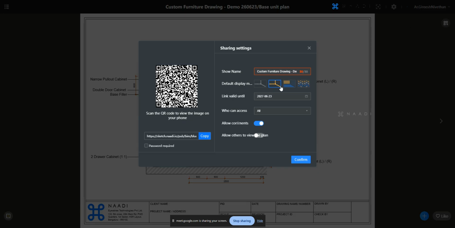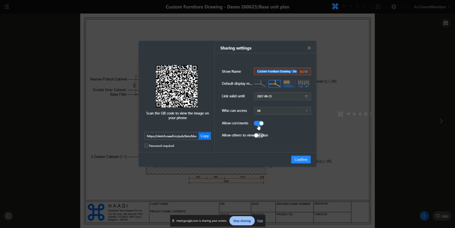And here you can define things. If you want, you can make it color wireframe mode, or black and white, or realistic mode. Everything you can change here itself. Anyway, this is a digital sharing. You can double click it and retype the name you want. This is the name that will be shared in that link as well. You can define the time the link is valid, the date till which the link will be valid. You can set a validity for that link,